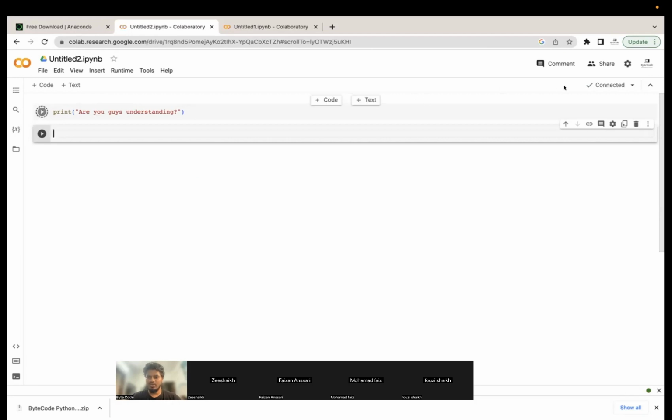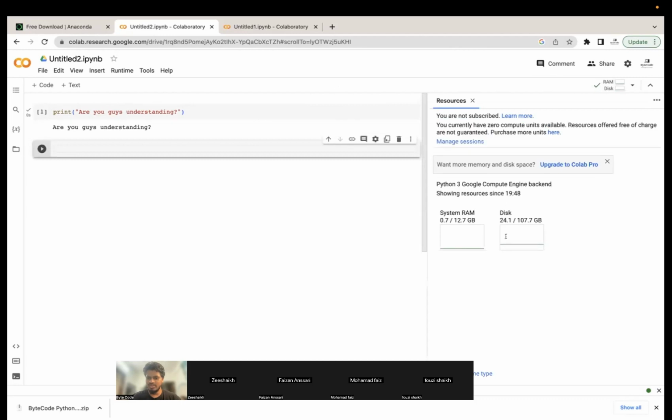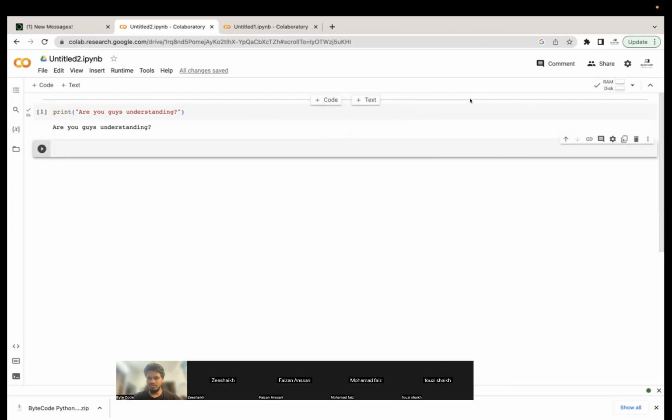It will take some time because it is connecting to an environment. You can see that all the RAM and everything is coming up here. So basically Google is providing you a development environment free of cost for running Python programs. You have been given approximately 13 GB of system RAM and disk space of 110 GB approximately. And Python comes pre-installed.